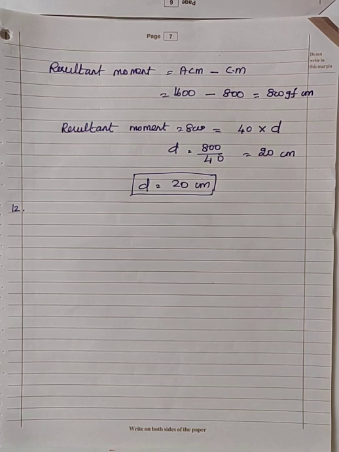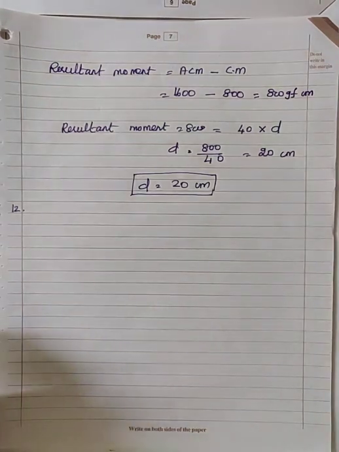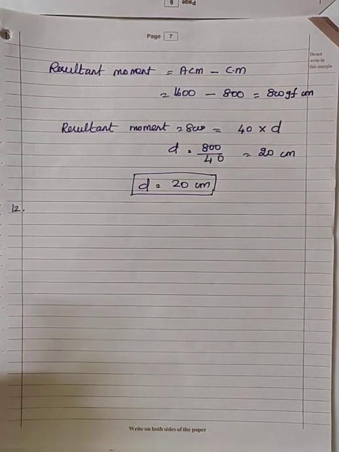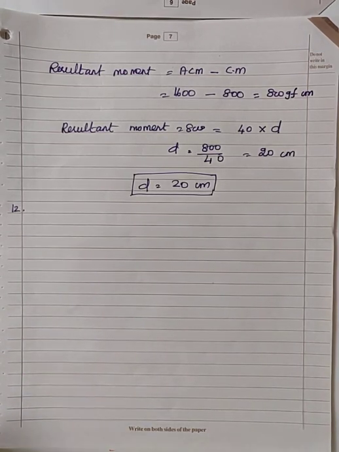So to balance it, another person should be seated on the other side, but his weight may not be the same as that of the first person. So he has to adjust the distance so that the moment produced by his weight is equal to the moment produced by the other person seated on the other side. So a boy weighing 20 kilogram force is sitting on one side of the seesaw, and the other person whose weight is 40 kilogram force, where should he be seated?